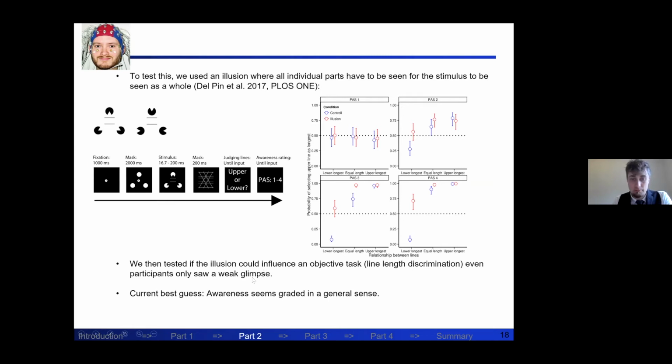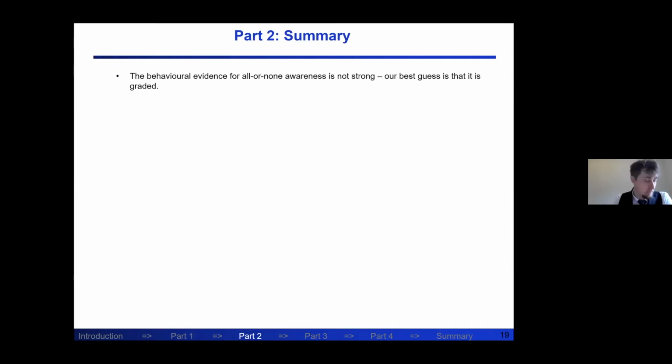So to us, this means that this perception of the illusory triangle has to be holistically graded. It's not about its fragments, because if it were about the fragments, it should really influence the other illusion, and you shouldn't really be able to see it anyway. So at least that was our best guess interpretation on this, but it's still something that we're thinking about if we can improve on.